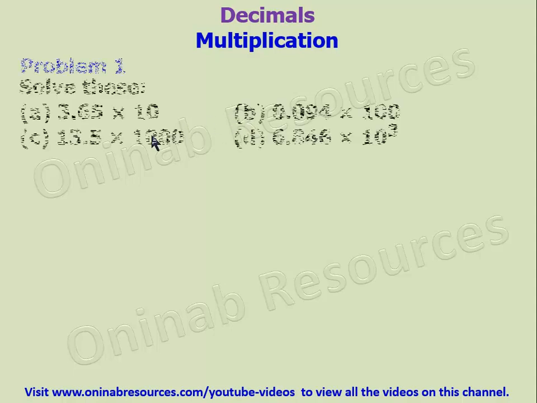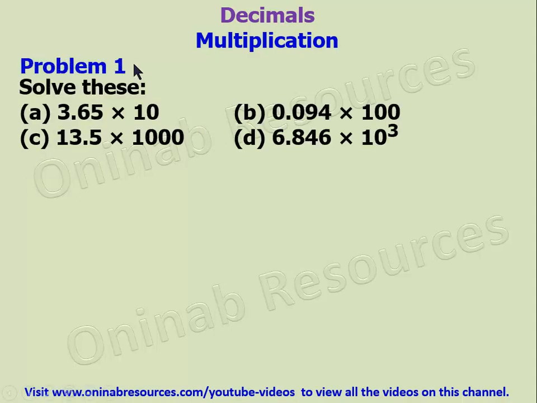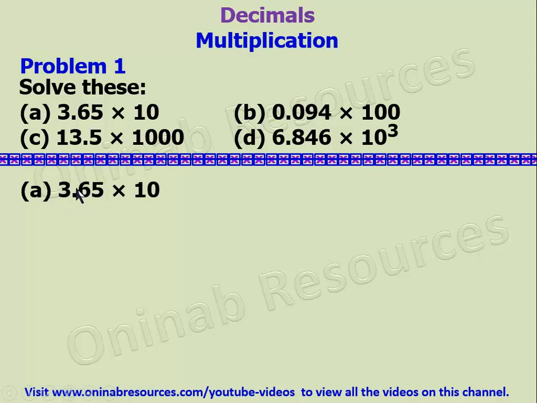So we go with our first problem. Problem 1. Solve this. A, 3.65 times 10; B, 0.094 times 100; C, 13.5 times 1000; D, 6.846 times 10 to the power of 3. This is multiplication of a decimal by 10, 100, 1000, and so on. So we take the first part of the problem,